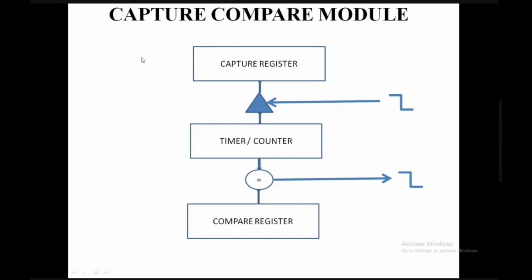The second capture register value minus the first capture register value will help us find out the time interval of the on time, which helps us decide the duty cycle. If you know the period, and if you know the on time, then we will be able to find out the duty cycle: 50% duty cycle, 60% duty cycle, 70% duty cycle, like that. We are able to display the duty cycle of the PWM by using the capture module. So the capture module captures the timer value.